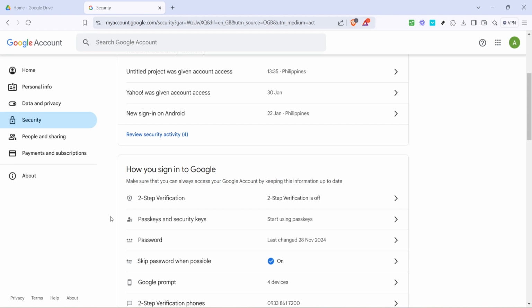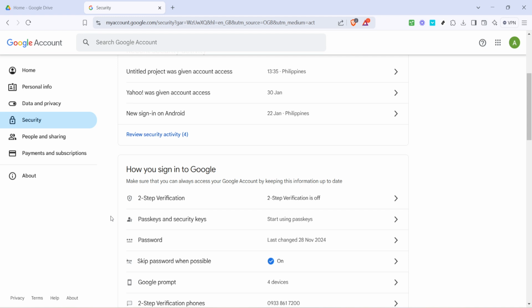It's important to choose a password that mixes numbers, symbols, and both upper and lower case letters to increase your account security. After you type in your current password followed by the new one you want to set, confirm the new password by entering it again in the confirmation field.